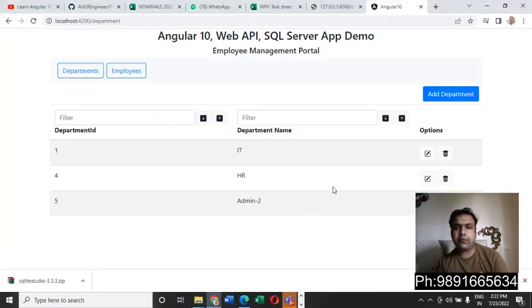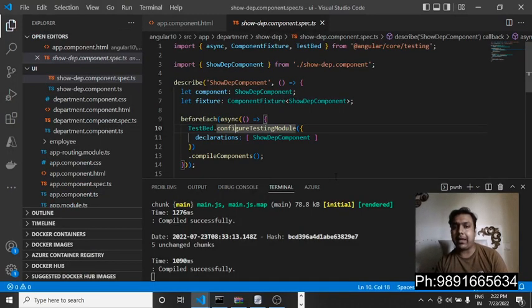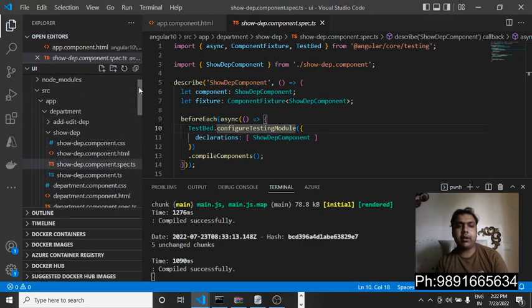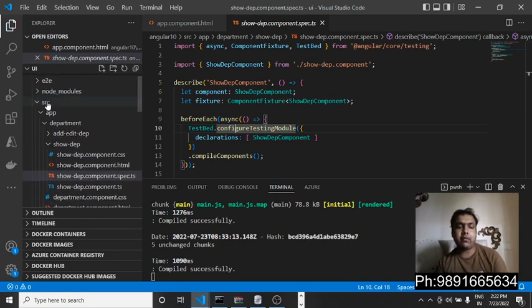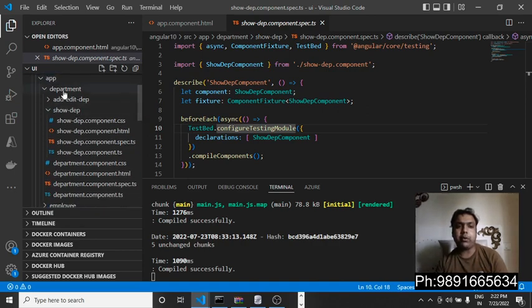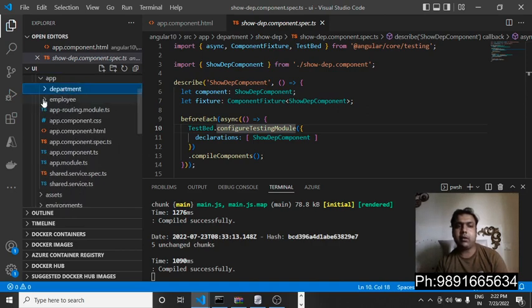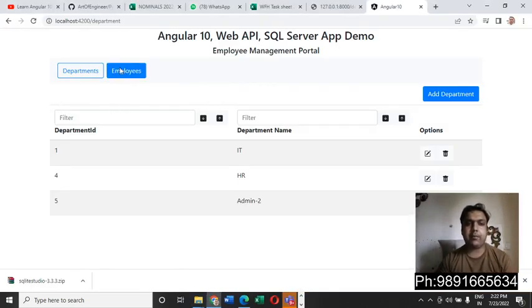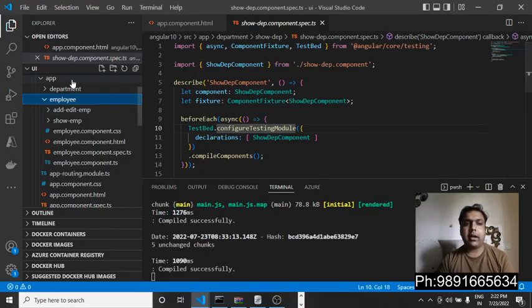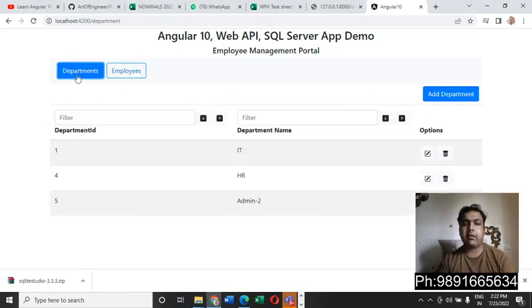this is the platform, and now let me tell you what is handling the front end of this platform. It is Angular 10, as I've told you in the beginning, and that's the whole code I have defined for Angular 10. Inside it you can see we have this application folder, inside which we have two components, one named department and the other named employee. Employee is the one which is handling this part of the application, and department is the one which is handling this department's